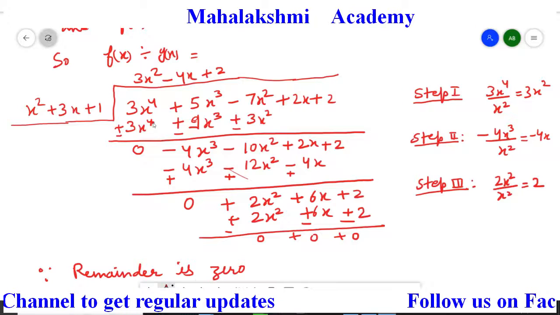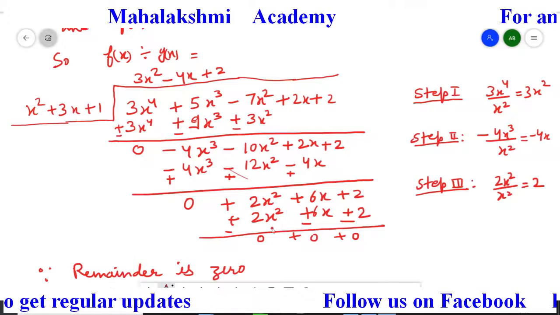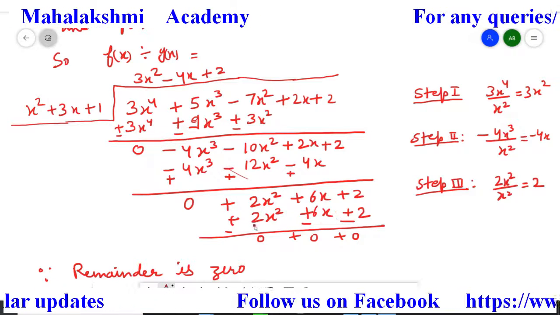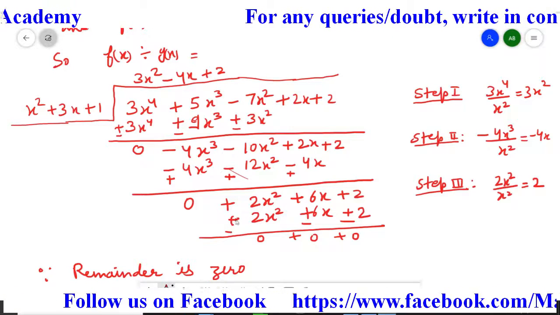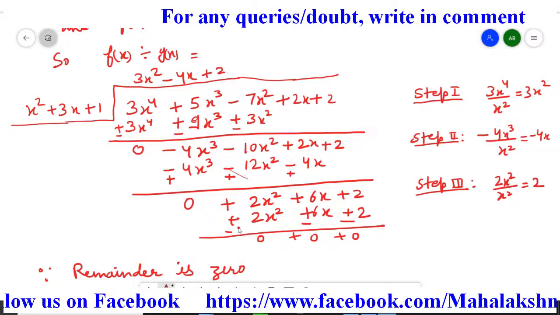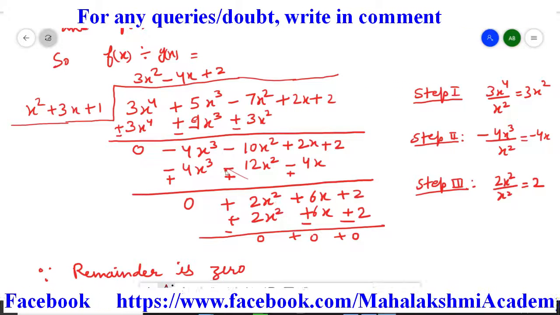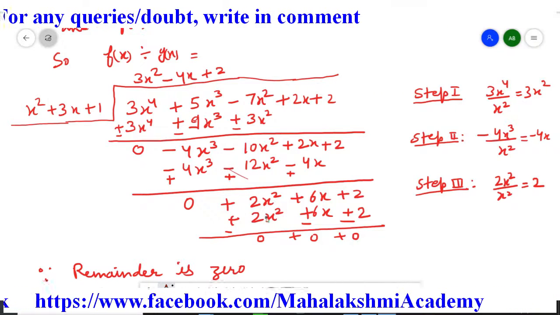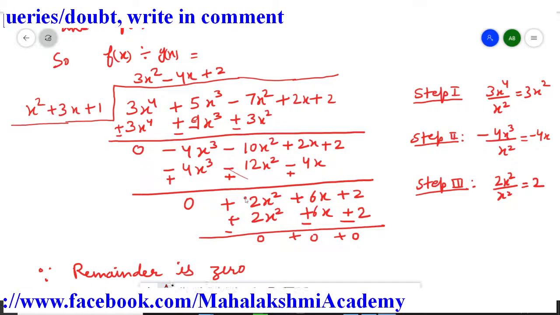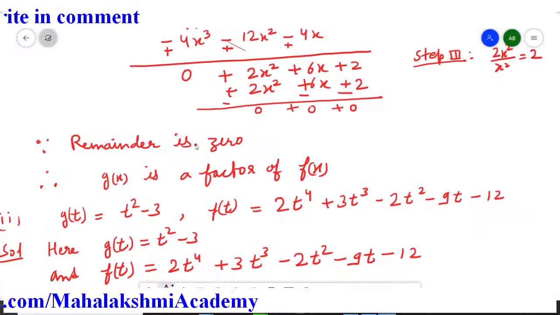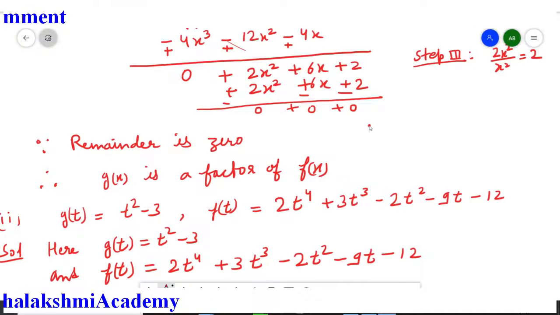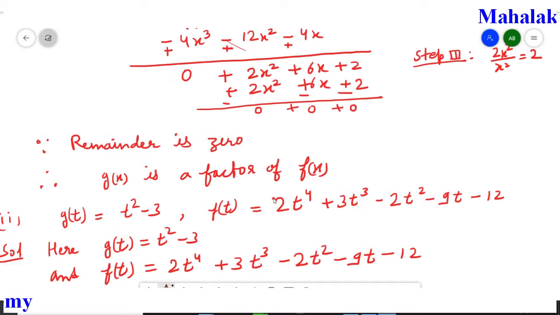So you might have noticed here, when we are changing the sign of the product, we are not bothered about what is the sign here. You only have to reverse the sign. If it is a plus sign, change to minus, and if you have a minus sign like this, you have to change to plus. Now after doing the sign change in the last step, the difference goes 0. Now since the remainder is 0, that's why g(x) is a factor of f(x).